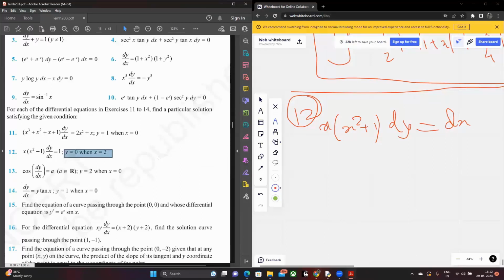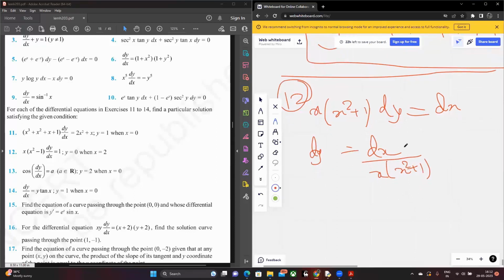Same as before, first find the general solution. That is, dy equals, separating variables, dx by x into (x squared plus 1). Right? Same as before, use partial fractions. I'm not dealing with the partial fraction again, so I'm just skipping that, and directly you'll get something like